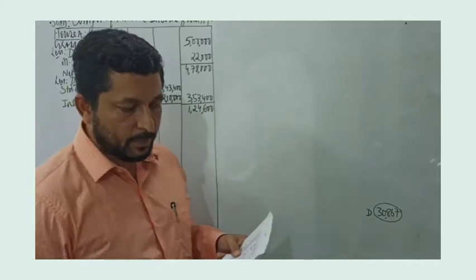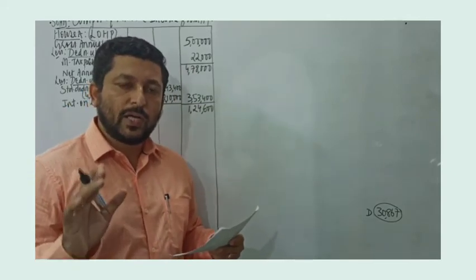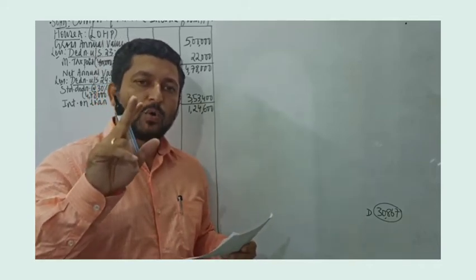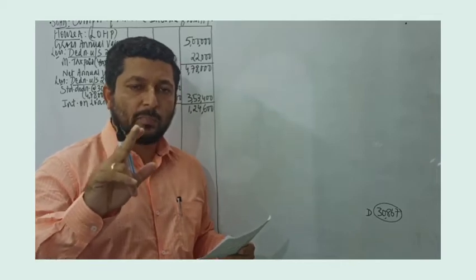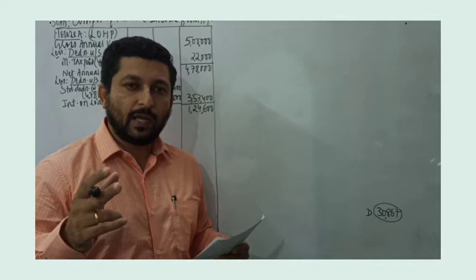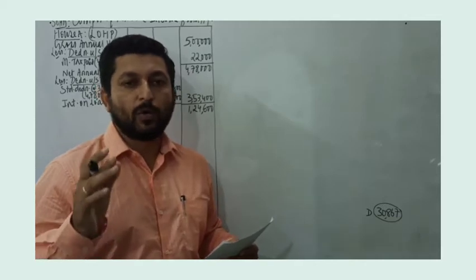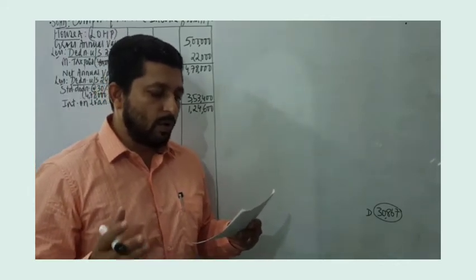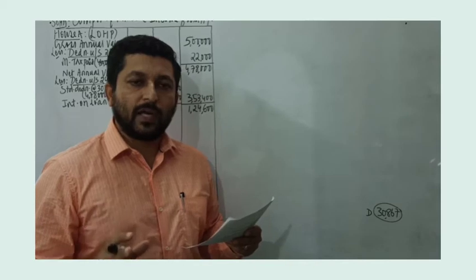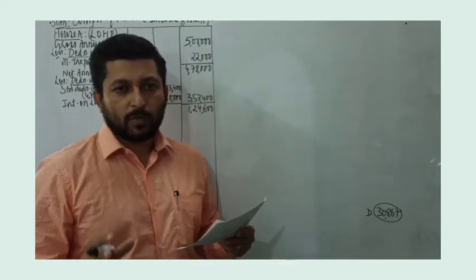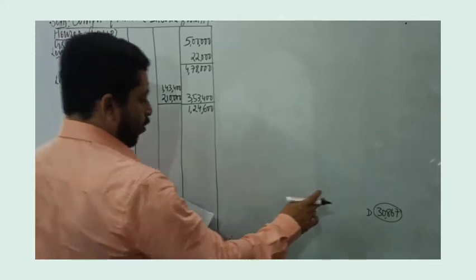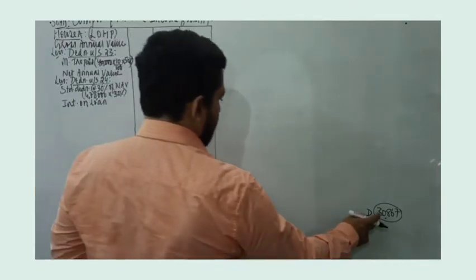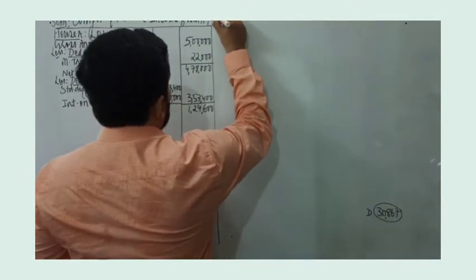self-occupied house property. Income tax rules pertaining to self-occupied house property are very clear. Maximum 2 houses can be treated as self-occupied house property, and the remaining houses will be treated as deemed to be let out. So now we are not clear whether house B, house C or house D has to be treated as a deemed to be let out property. So we will take a note, and that will be note number 2. Note number 1, we have already taken interest on housing loan as far as house D is concerned. So I will record note number 2.